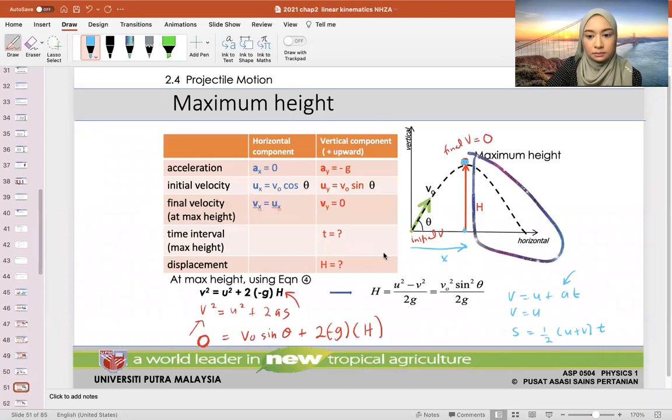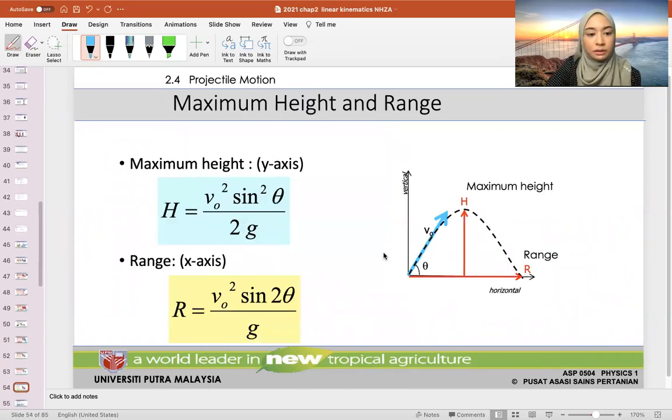Okay. So let's try an example. We talked about the theory. Okay, and again, dibagi equation macam ni, I don't suggest you to memorize. Please use the 4 equations that we already know on linear kinematics. This is simply derivation, and sometimes you can use this equation wrongly. So it's better for you to use the 4 equations only. Okay, at the maximum height, we know this V is equal to 0. So you have to make this as your final V. Kalau kita nak cari range, we have to,